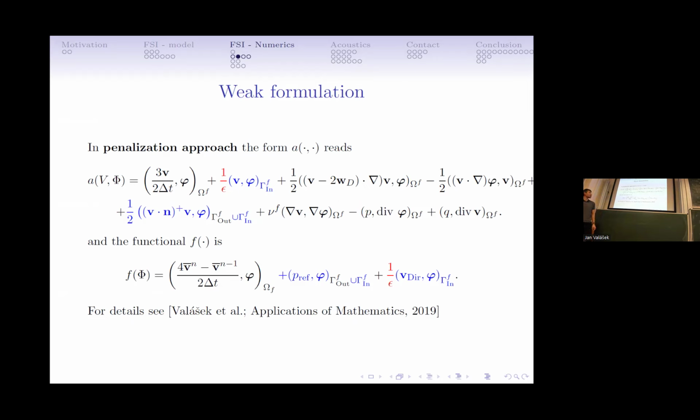What is the definition of this form A? You see that there are terms related to the time derivative. Then this convective term is a little bit changed because we applied Green's theorem two times on this term in order to move the derivative also onto the velocity itself, and by this